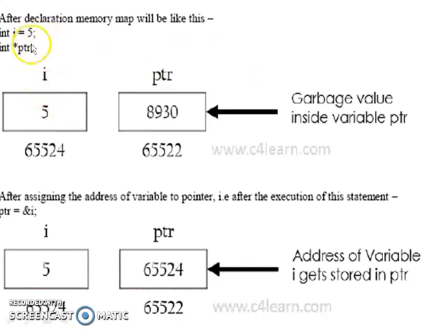Initially we are declaring one variable I with the value 5. This is the actual address of that variable I. Now we are assigning the pointer variable the address of variable I. Before assigning that value, the pointer can hold some garbage value. Now we are assigning the pointer the address value of I. After assigning that, it holds the address of the variable I. So now the value has changed: the address of the variable I is stored inside the pointer.